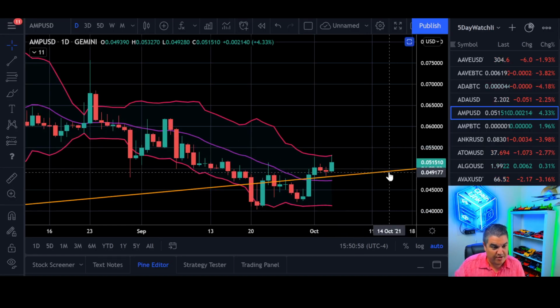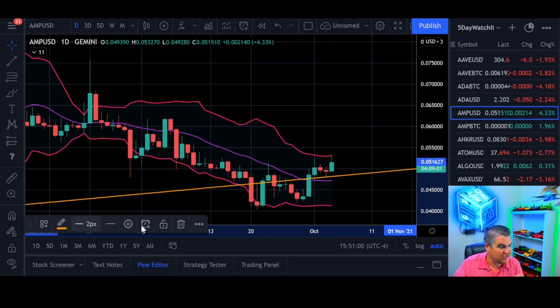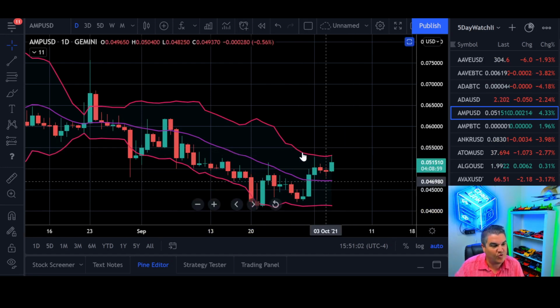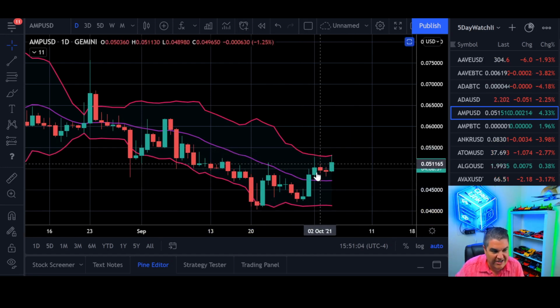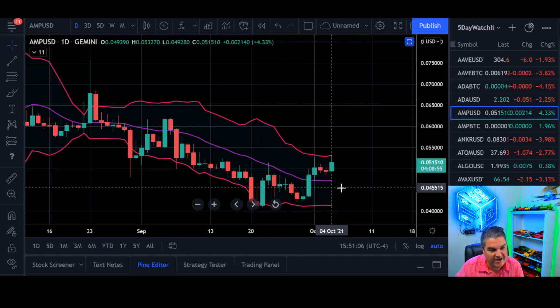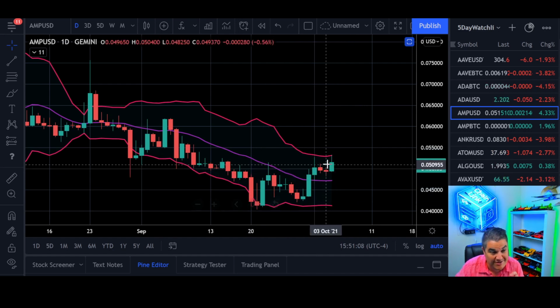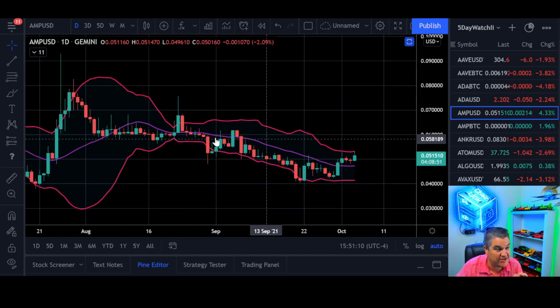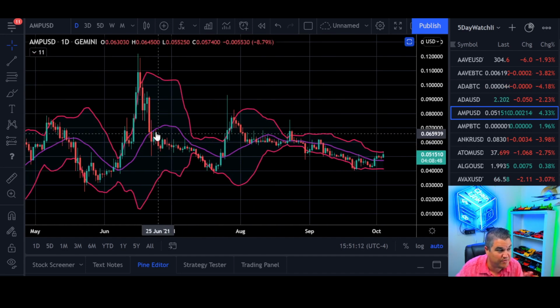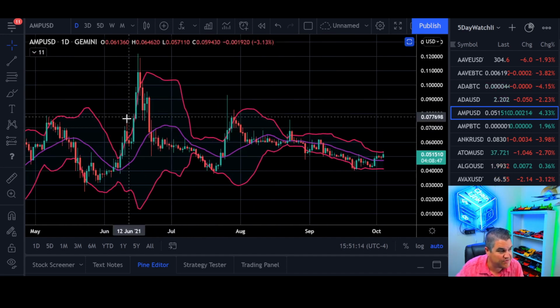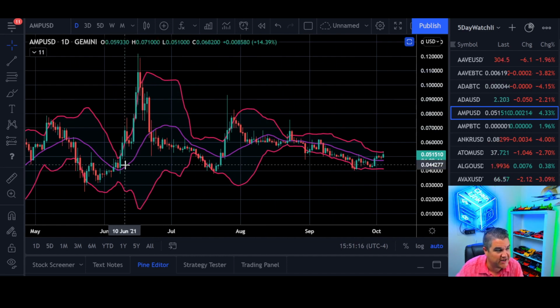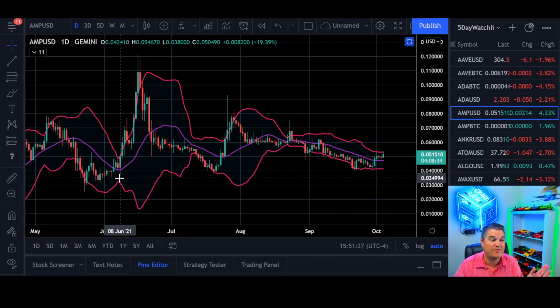Bollinger Bands for AMP. Why do these matter? Well, it tells volatility. Let's remove that line. What do I like about this? Well, price action is above our median line, the purple. The mouth seems to be opening, right? We got this little channel. You can go look back at any coin. Bollinger Bands work on everything. See this move here? See this explosive move to the upside? Your price action is on top of the median, the purple median line. And see the mouth? See the top line, the pink, and the bottom? You want them to diverge away from each other.